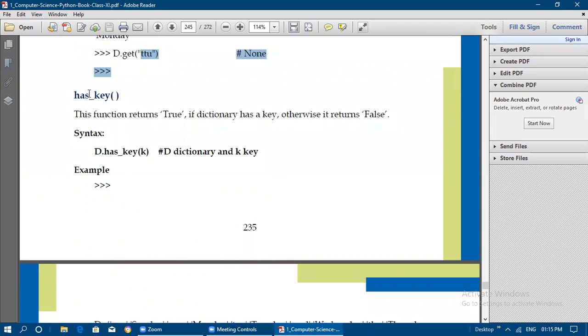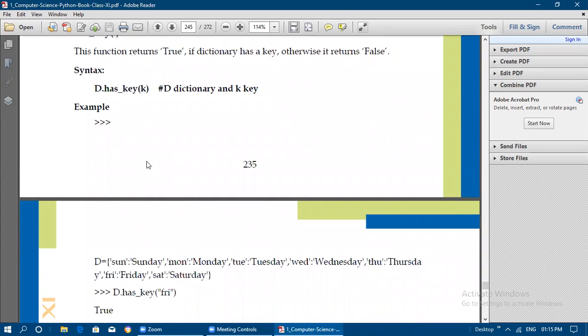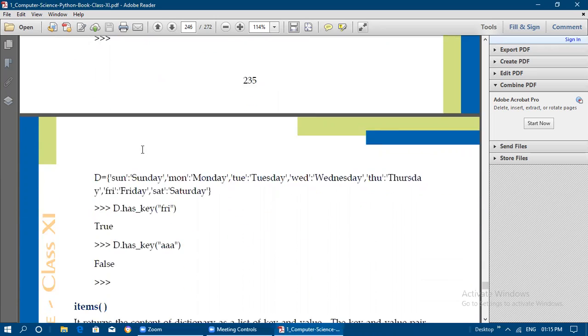Next is the has_key method. has_key checks whether the dictionary has the given key or not. If the key is available, it returns True, otherwise it returns False. So d.has_key(k): the key needs to be passed inside the has_key method.